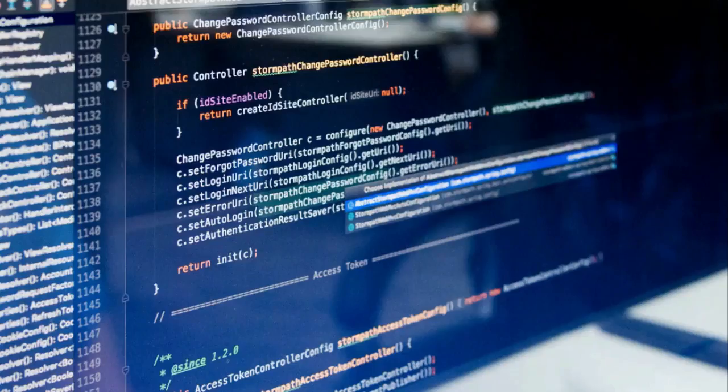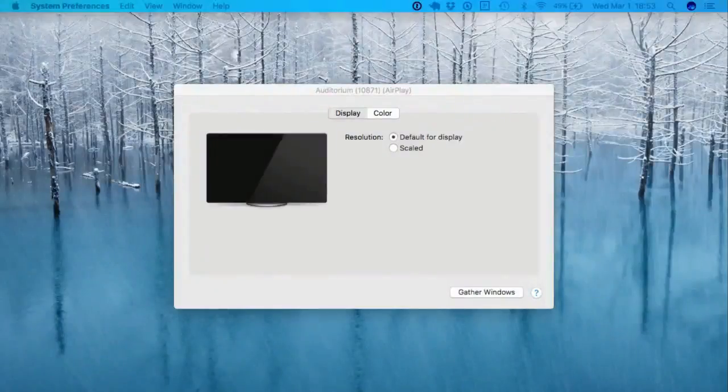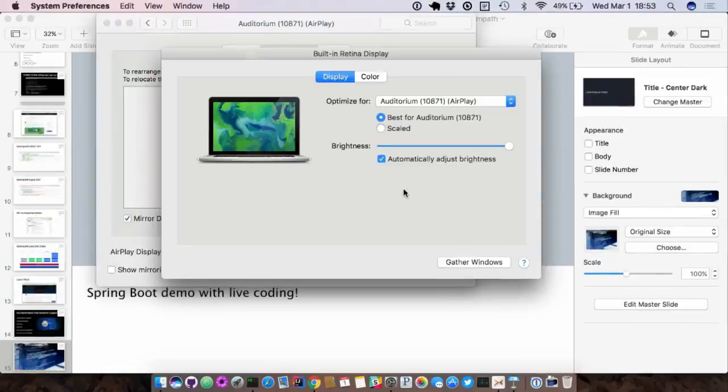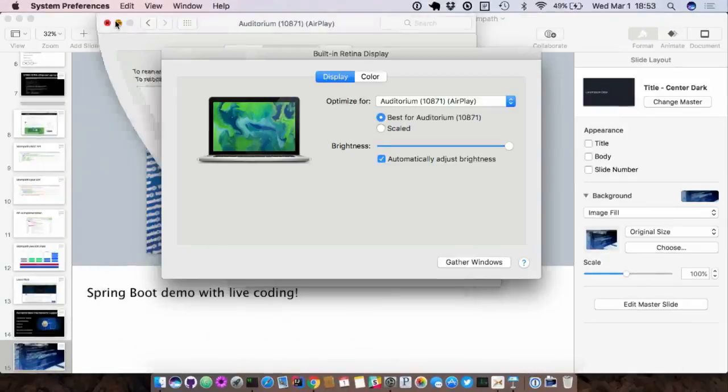So now I'm going to do a demo of just Spring Boot with Spring Security and Stormpath, and hopefully this will be pretty quick and easy. And if I forget to mirror things, then let me know, because sometimes I do talk and I don't see it up there, and I see everything here, and you guys are like, what's he talking about? So we'll close all these down here.